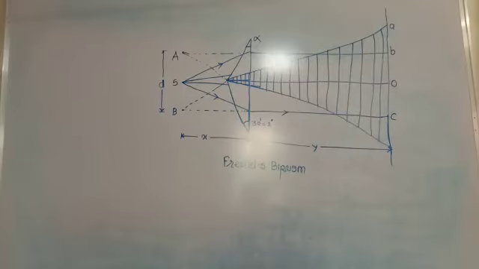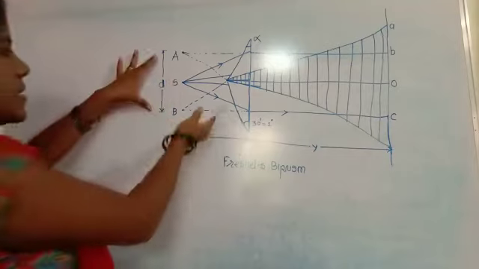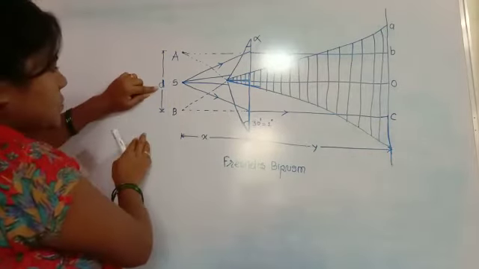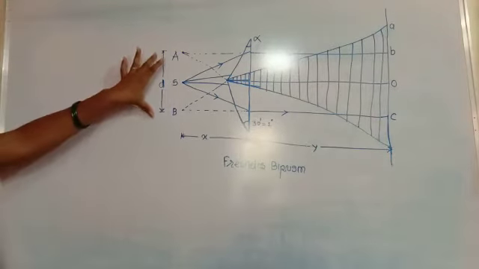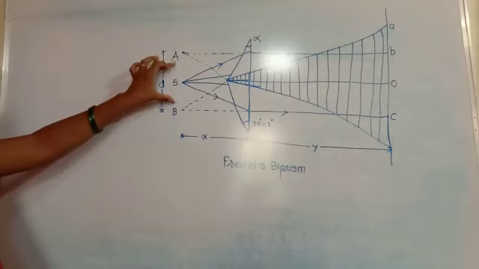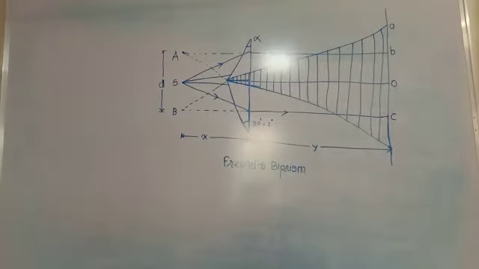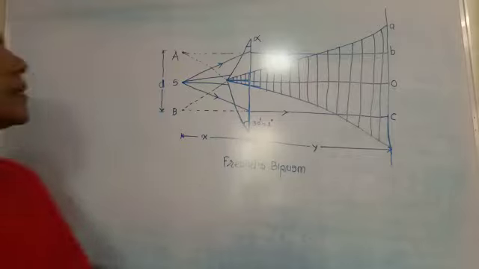And it's adjusted so that the virtual images A and B lie very close to each other. This distance and this distance are very close to each other. This is the small d. Small d is the distance between two coherent sources A and B. So it is adjusted so that the distance between A and B is very small. Okay. So interference fringes of equal width are produced between B and C.